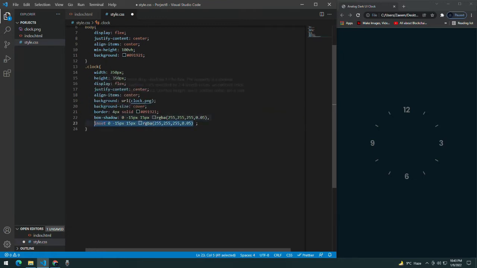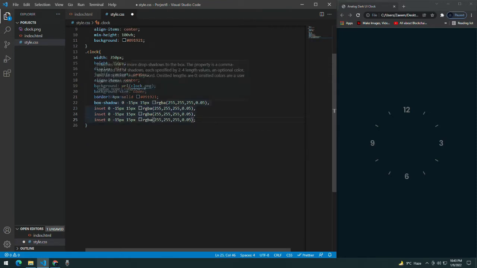Basically I'll need it 3 times, so copy again and paste. Let's now change the values, remove the inset for the bottom as well. Give this one the value of 0, 0, 0 and 0, 0.05 opacity.